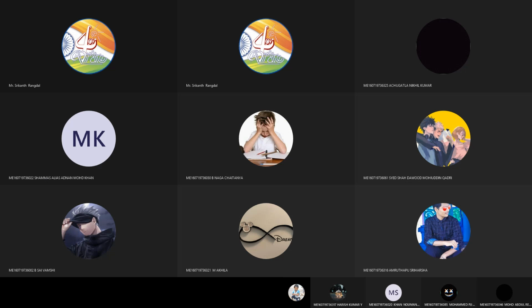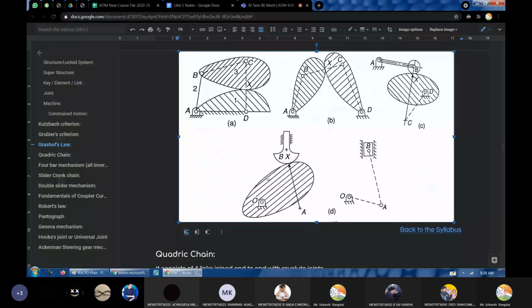Okay, so let's continue. Looking at these diagrams, this is the biggest hint I can give you: all these cam problems A, B, C and D all have a half joint, the cam and follower joint. Here we don't have a cam in problem A, and I told you that this mechanism also has a half joint.